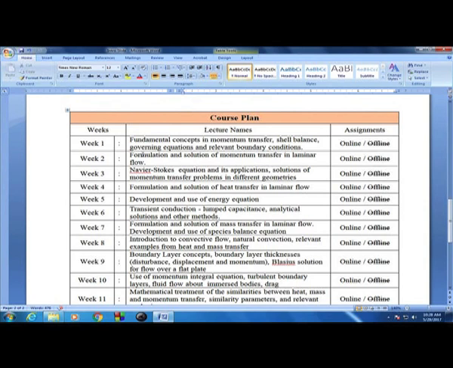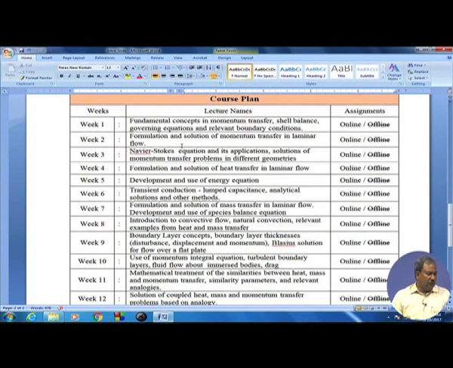It's essentially a force balance method that we are going to see in this, and how this shell balance can lead to the governing equations for the case of, let's say, momentum transfer, and what are the relevant boundary conditions one would expect in the case of fluid flow or momentum transfer. So the formation and solution of momentum transfer in laminar flow we would see,